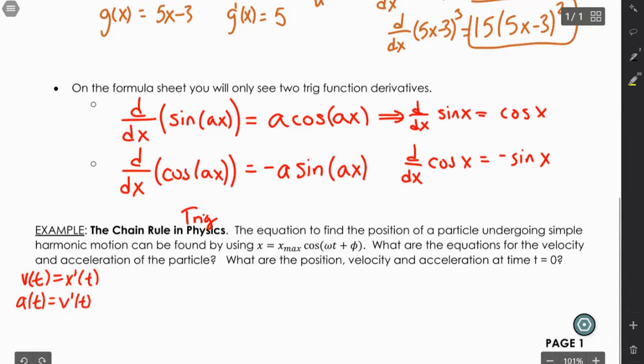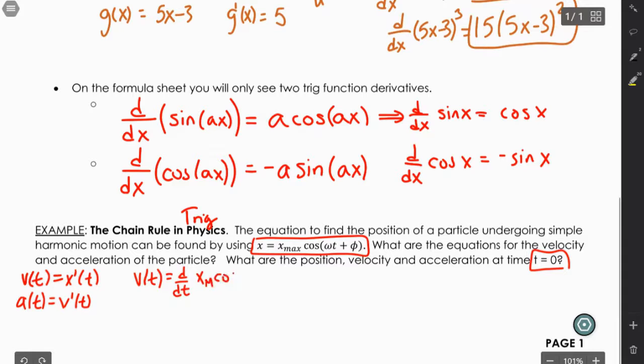So what we're going to do is take the derivative of this function twice. And then to figure out the second part, we're just going to substitute in t equals 0 into each one of those. So I'm going to find v of t, which is d/dt of